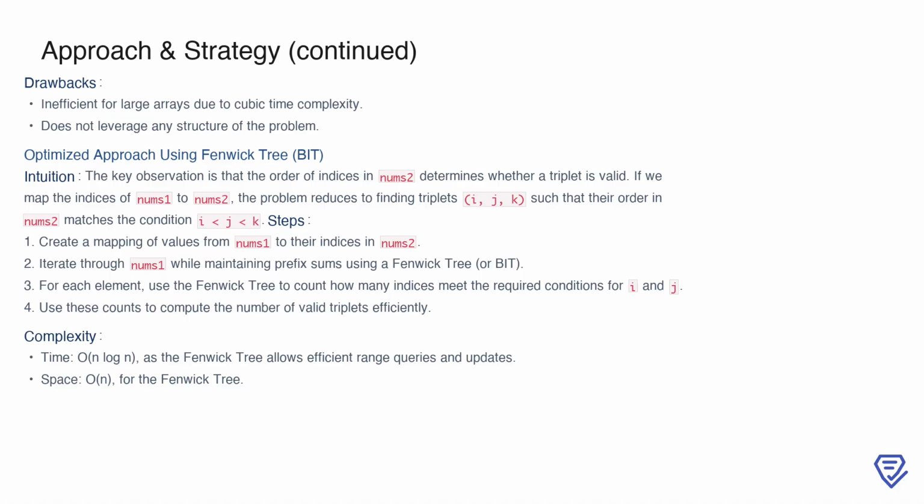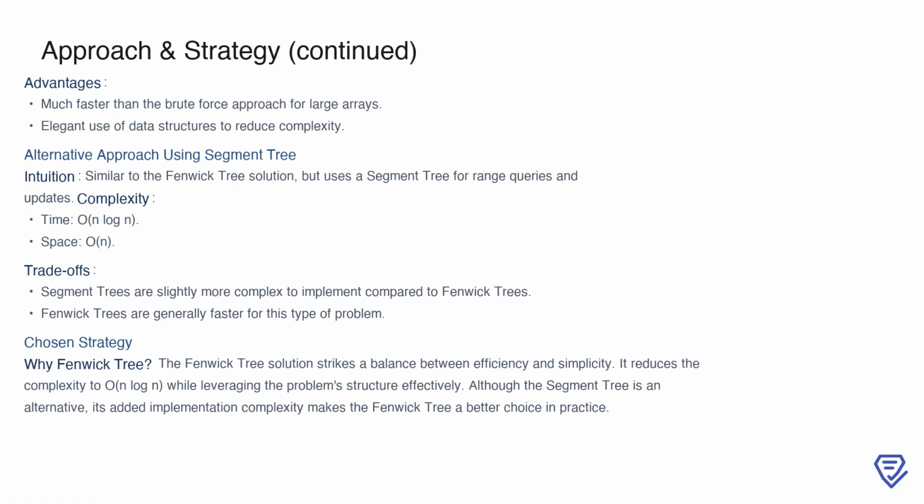This optimization reduces the time complexity to O(n log n), as the Fenwick tree supports both updates and queries in logarithmic time, making it far more efficient than a cubic solution. This optimized solution has several advantages. First, it scales much better for larger inputs compared to the brute force approach. Second, it leverages the structure of the problem by using a data structure that elegantly handles the required range queries